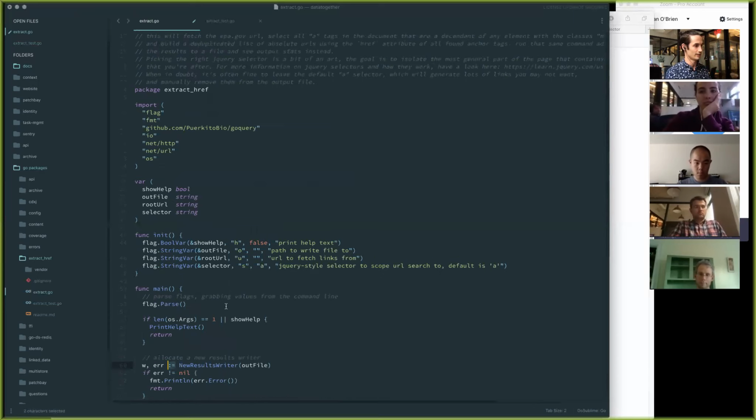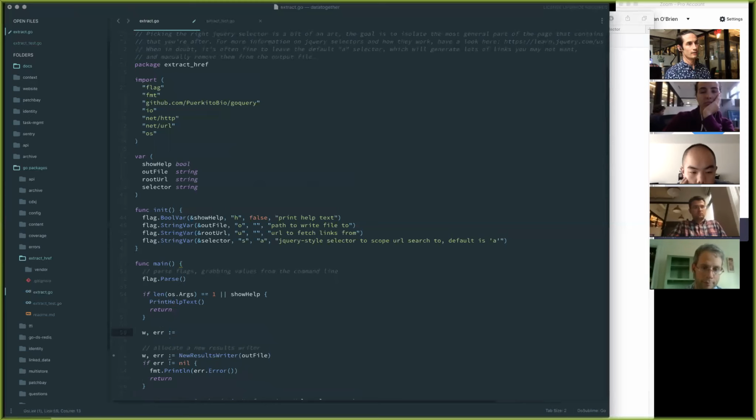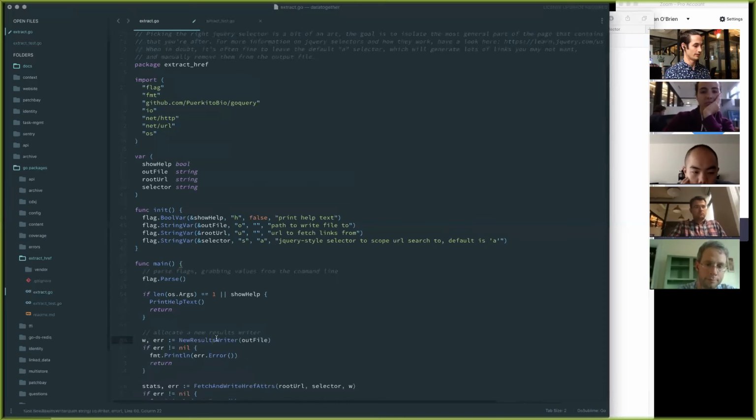I don't know if you can see this okay, but this colon equals, you see it all over the place. W, err colon equals, right? What colon equals means is infer the type of the variable from the right side of the colon equals statement. So if we look at our function NewResultsWriter,